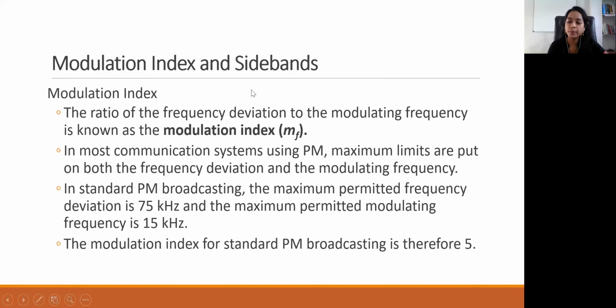So here both terms are there, modulation index is also there and sideband is also there. We have seen upper sideband and lower sideband in frequency modulation also. Likewise in phase modulation you are having upper sidebands and lower sidebands. So the carrier is constant, and after the carrier, fc minus fm you will have lower sidebands, and fc plus fm you will have upper sidebands. So here also we will define the modulation index by mf.